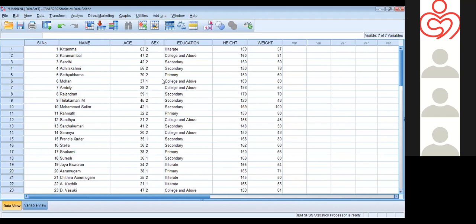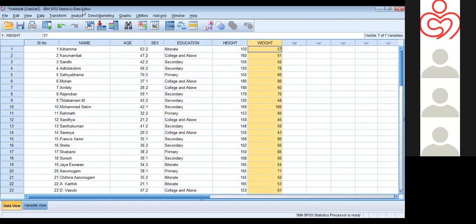And how do we do some descriptive analysis in SPSS? That is what I am going to show now. What types of variables do we have? We have continuous variables, nominal variables, and ordinal variables. For categorical variables, we can do analysis like frequency and percentages, and for continuous variables, we can find the mean and standard deviation also.